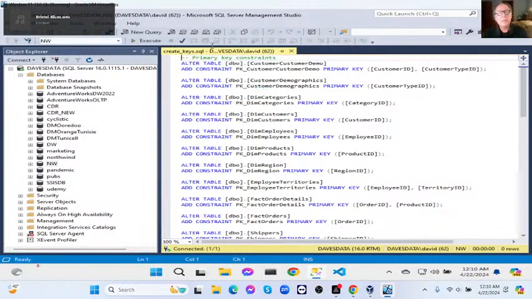Okay, so this was our schema. This was created, what I did,